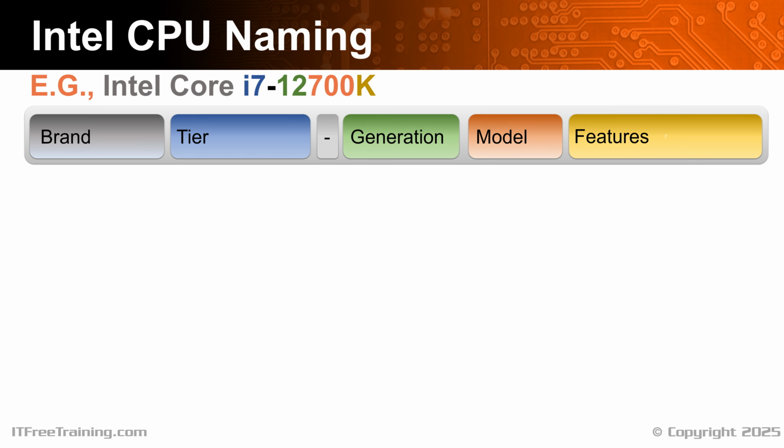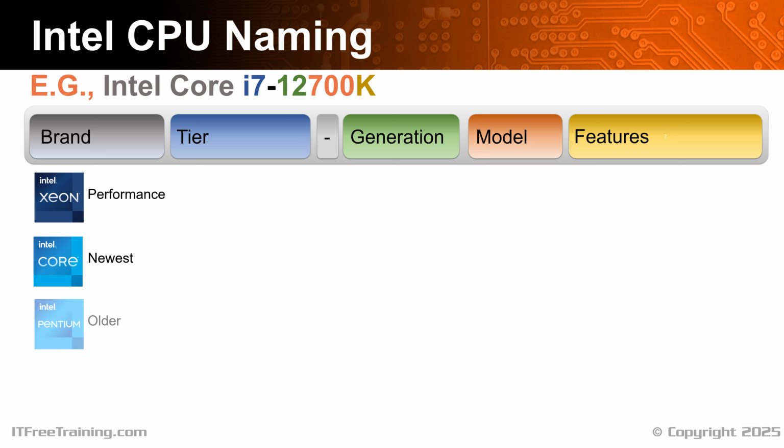To understand what features the CPU has, it helps to understand the naming convention that is used. In the case of Intel, it starts with the brand of the CPU. The most common on the market currently is Intel Core. For higher performance, there's the Intel Xeon. The Xeon CPU is designed for high-performance workstations or servers, so you can see how this may already guide the choice of which processor you purchase.